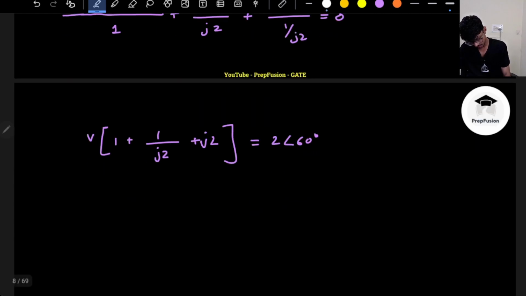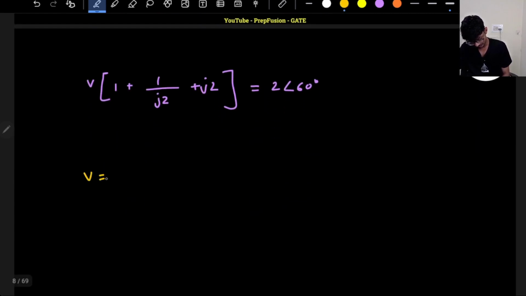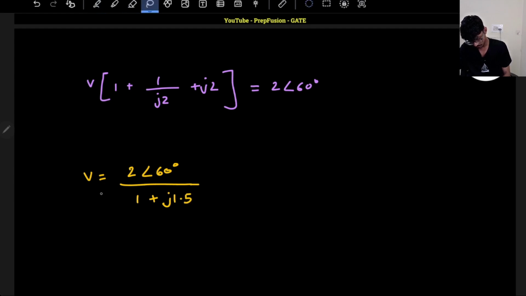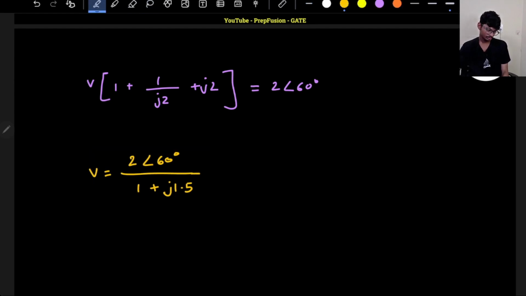So ultimately my V will be 2 angle 60 divided by 1 plus J 1.5. So yeah, this is the case. So now